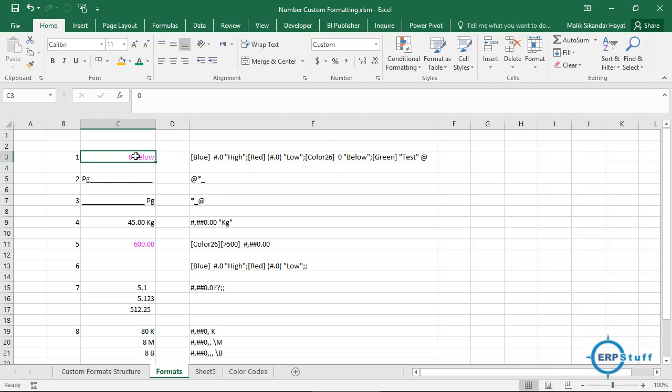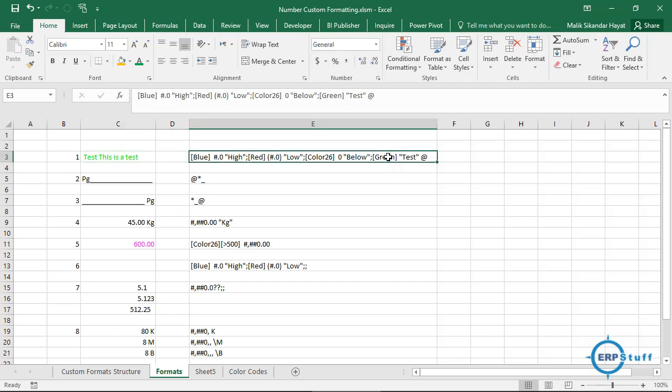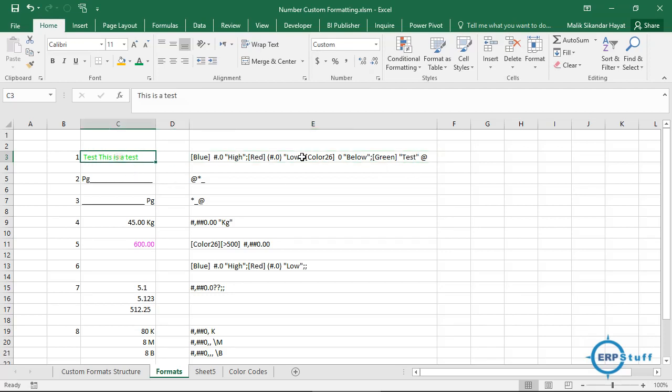If I enter a text, let's say for example "this is a test". Now this is not a number, right? See what it did? It's left aligned automatically and it shows green color, because in this I marked it as a green color, right? And "test", what happened? What I entered, if you see here in my formatting, I said enter "test" as well. So here, see, let me remove this test, sorry.